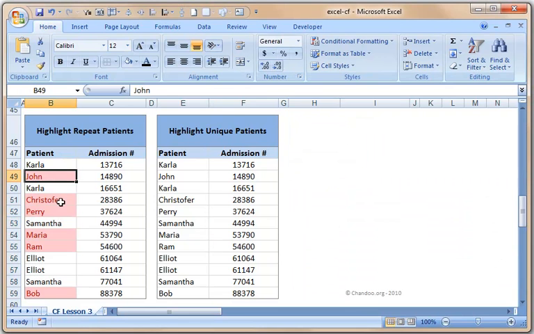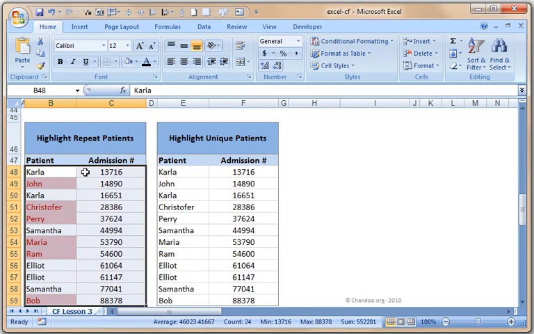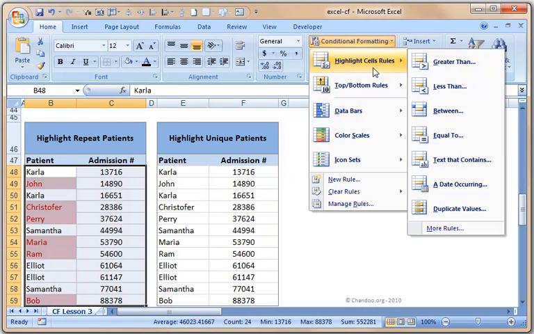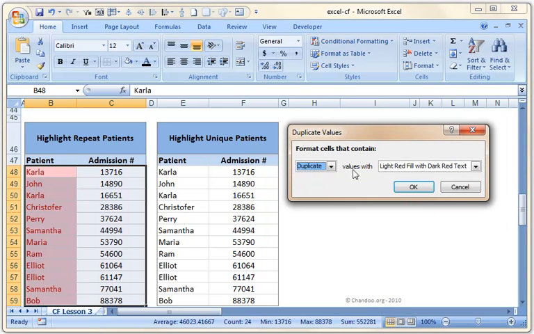So now people who have not repeated have been highlighted. Okay, but one of the limitations of this approach is that you cannot highlight the entire both columns. You can only highlight one column. This is the same problem that we had with the dates. To prove that, just go to highlight cells, duplicate values, and